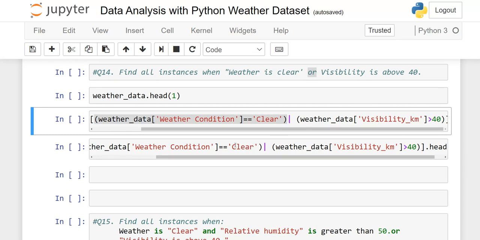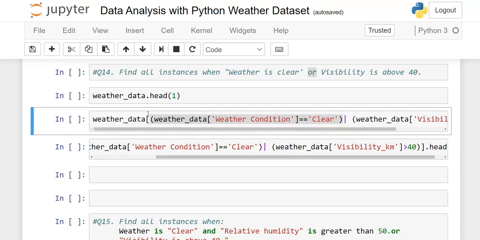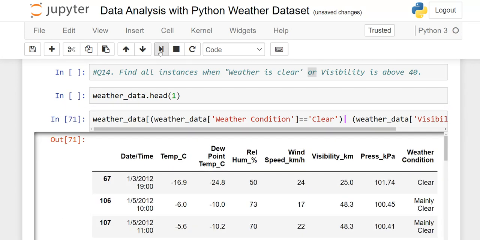Enclose all this syntax in the square brackets, beside the square bracket you have to write the database name, and run it. So you will see weather condition is clear